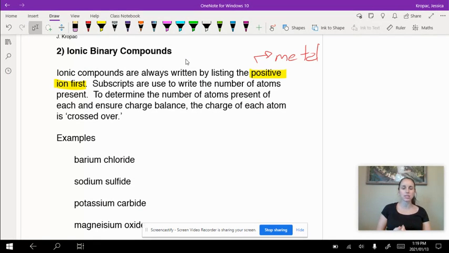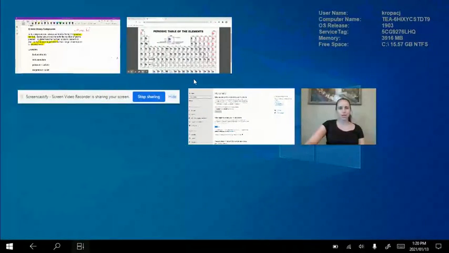We're still going to be using subscripts, and those subscripts are going to be telling you how many atoms are present. However, determining how many atoms are present is a little bit trickier in ionic compounds. We do not use the prefixes. What we do is we use charges to ensure charge balance. To ensure charge balance, the charge of each atom is going to be crossed over. That sounds tricky. I guarantee you the first time that we do it, you're going to remember doing this in grade 10. Before I show you crossing over, I want to go back to your periodic table because